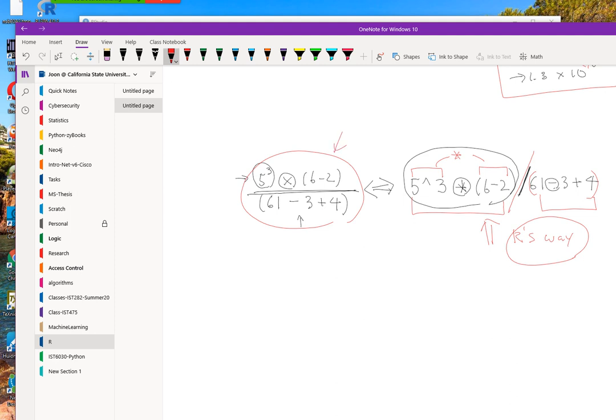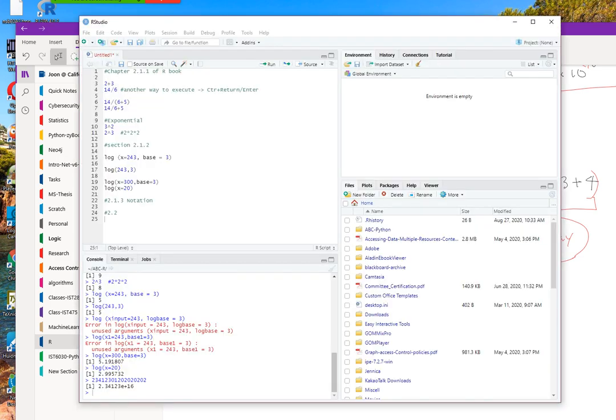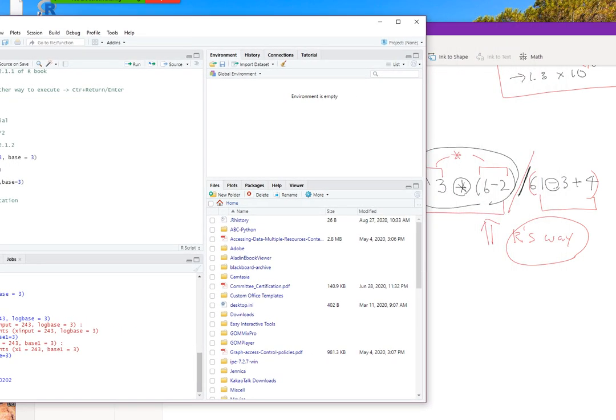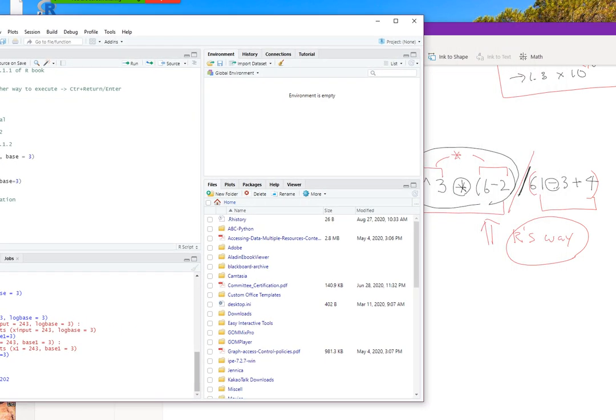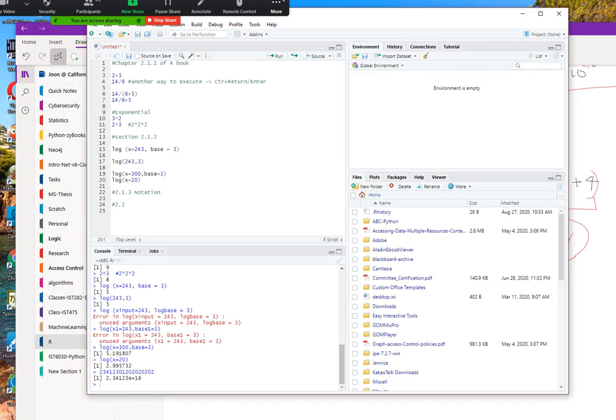How are you dividing all of it though? What are you going to type in? Do you want to see the example? I see it, but the dividing part is where I'm confused. The divide is just a slash, just like this. So we divide 14 by 6 plus 5.